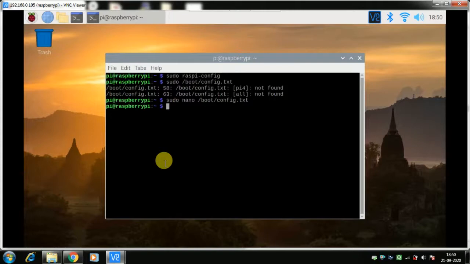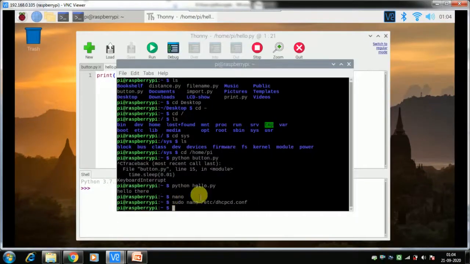If you make some change, after Control X you need to press either Y or N, yes or no for the changes, and you press Y, and then you press another enter, and it will be saved. And next time when you open up, you will get the same resolution every time. Okay, so now it's almost done.